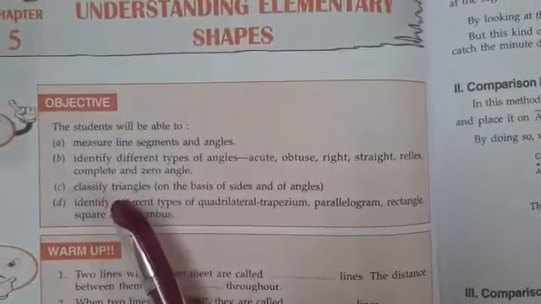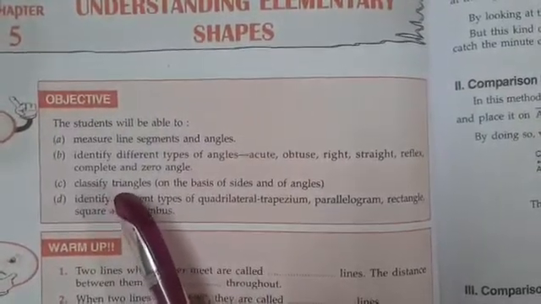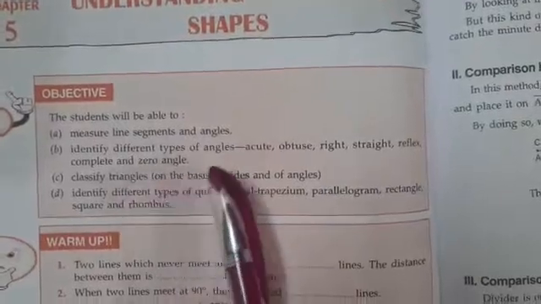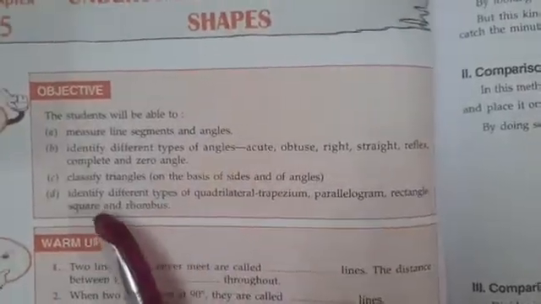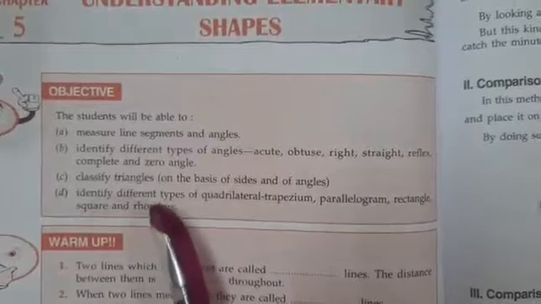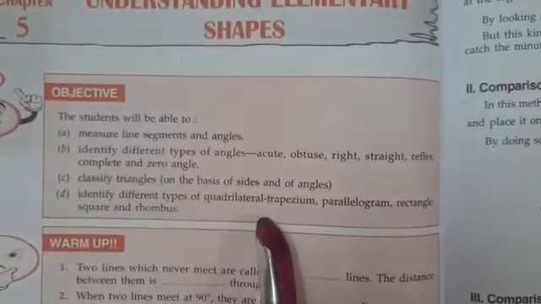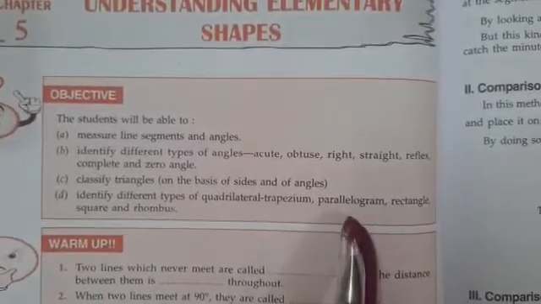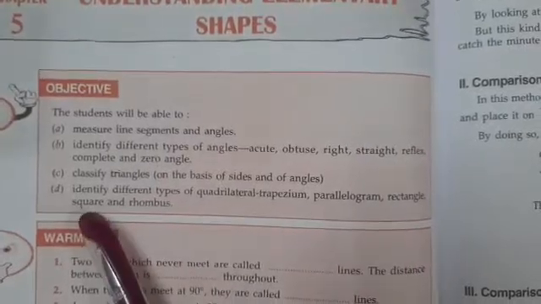You will come to know about the classification of triangles on the basis of sides as well as angles. You'll be able to identify different types of quadrilaterals, that is trapezium, parallelogram, rectangle, square and